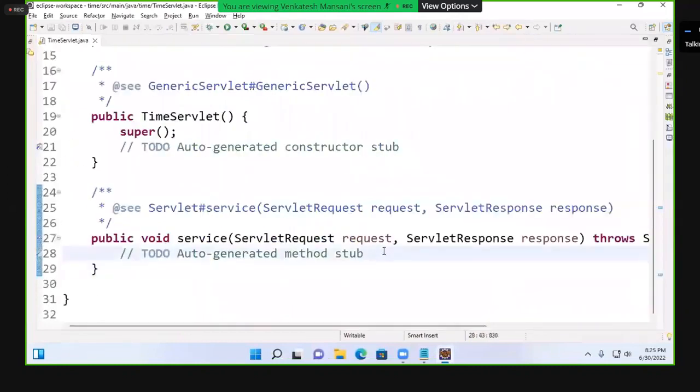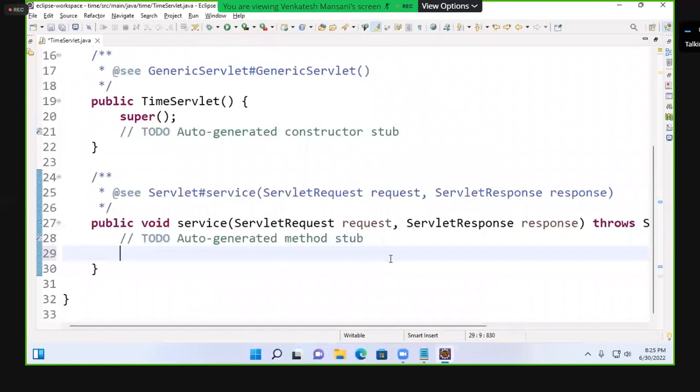After getting this, now we have to create a Date class object. First, you have to create the Date class object. Date d = new Date();